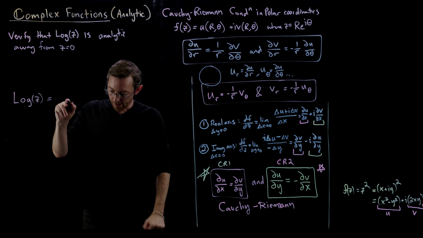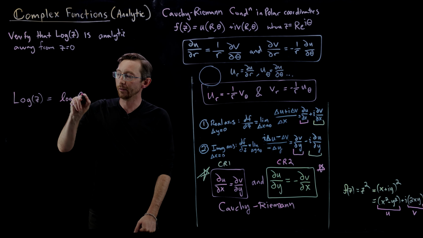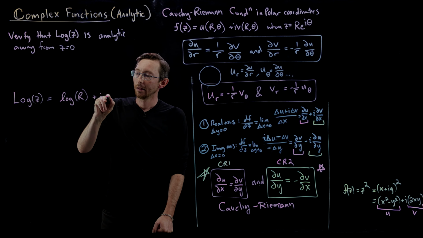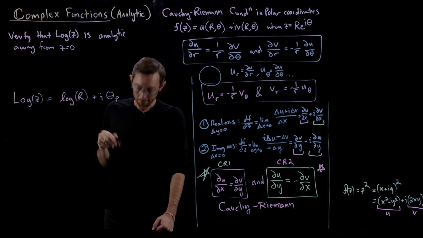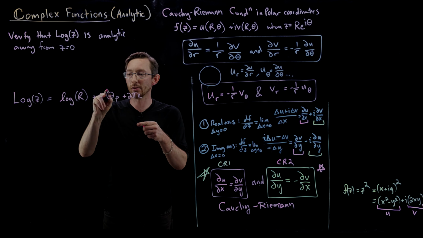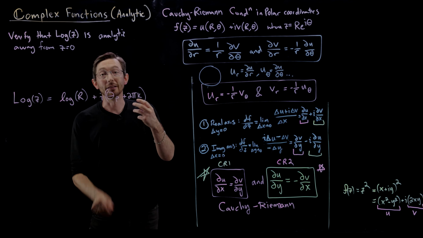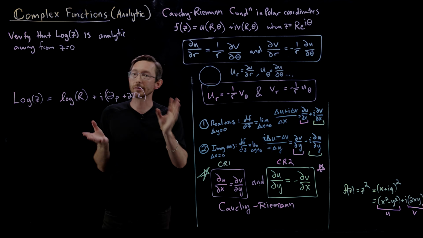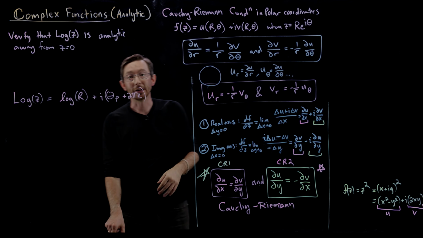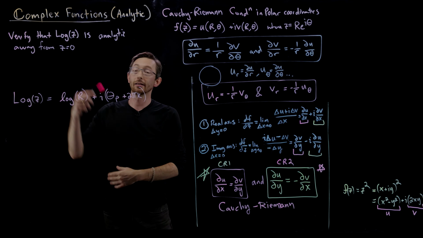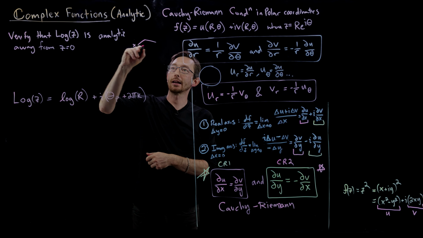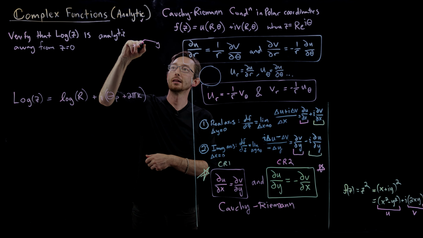So the log of z equals the real valued logarithm of r plus i times theta principal. And we know that there's a plus 2 pi k, where k is an integer, that is also valid here. But remember, this is again a legalistic kind of technical math detail, and sometimes it's important to be legalistic with things. Analytic functions have to be single valued. So when I talk about the log of z being analytic away from the origin, what I technically mean is,